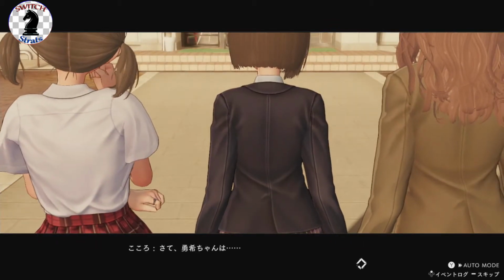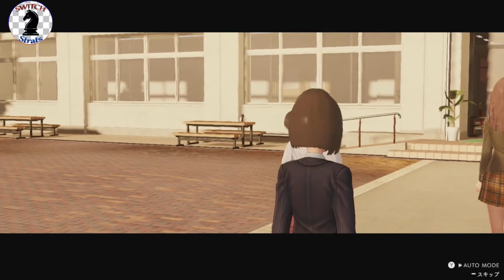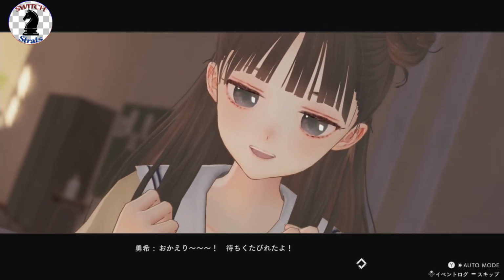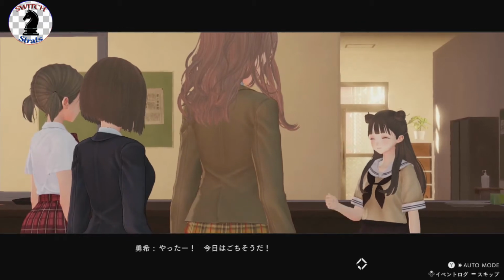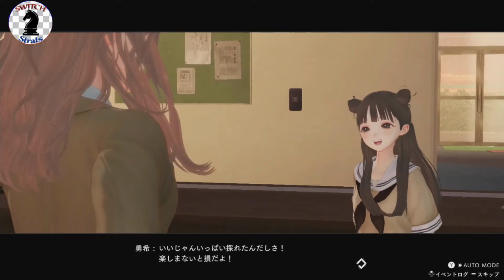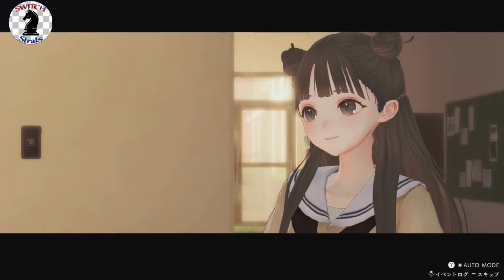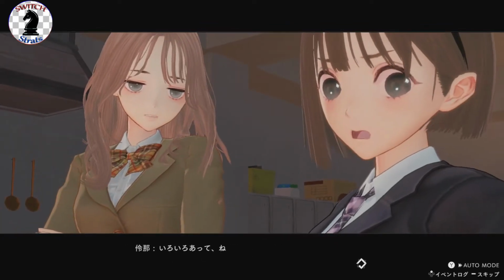さて、ゆうきちゃんはいつも通りなら作業室かな。ただいまー。 Yep, we're back. おかえりー。待ちくたびれたよー。 Wayne, そん eat. な文句言わないで。食材いっぱい取ってきたから。 やったー、今日はごちそうだ ちょっとちゃんと計画を立てて。 ー。いいじゃん、いっぱい取れたんだしさ。楽しまないと損だよ。 まったく。 それで向こうの世界のこと何か分かった？今日はあんまり調べられなかったんだ。ちょっといろいろあって。 いろいろあってね。